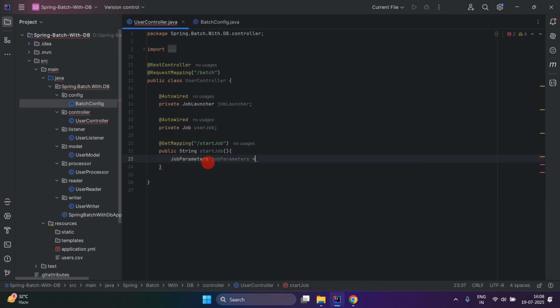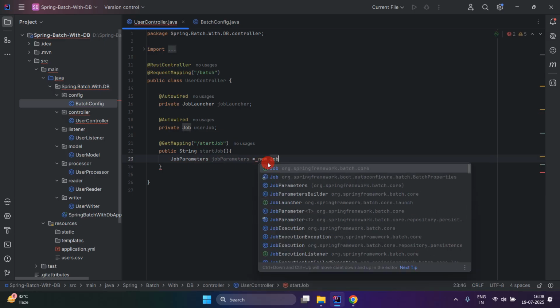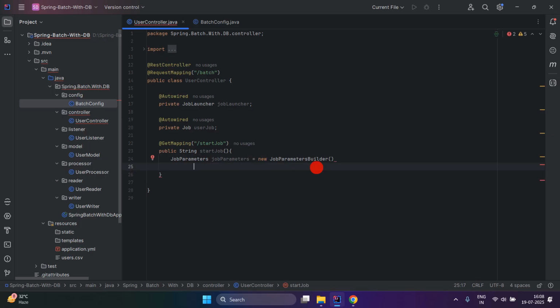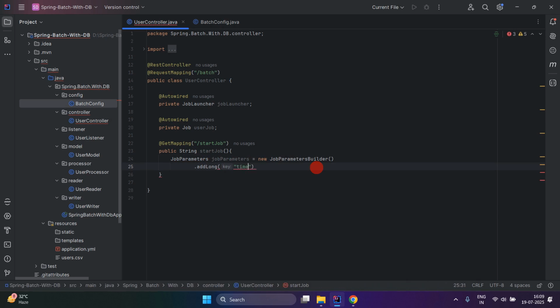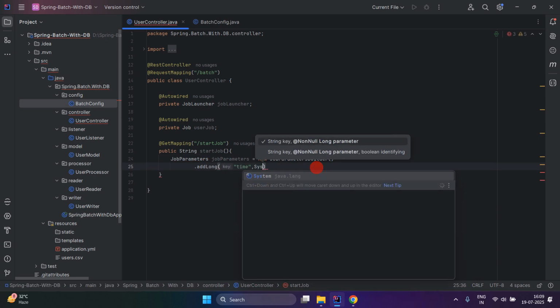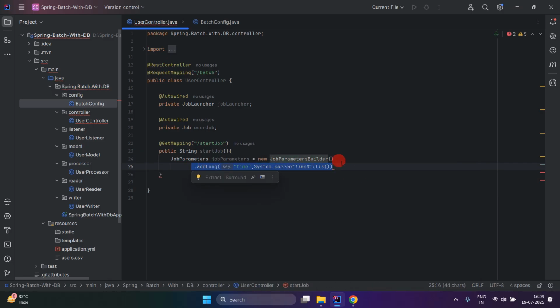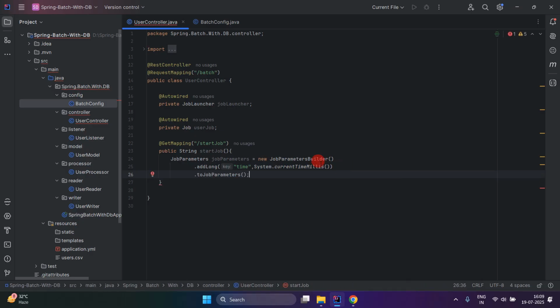These job parameters, and then here we will use a new JobParametersBuilder. Here we have to provide one unique id, so on every job execution it will be different. So write time, and we will use a timestamp, so write System.currentTimeMillis, so it will create a unique id on every job launch. And here we will use .toJobParameters, and after that we will use this job launcher